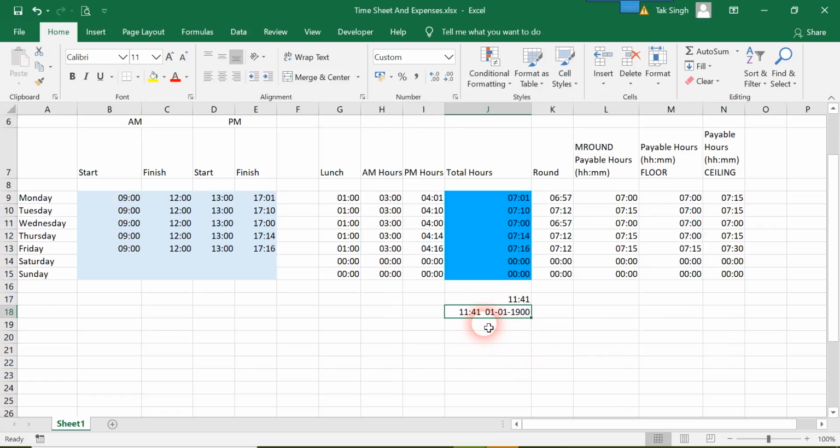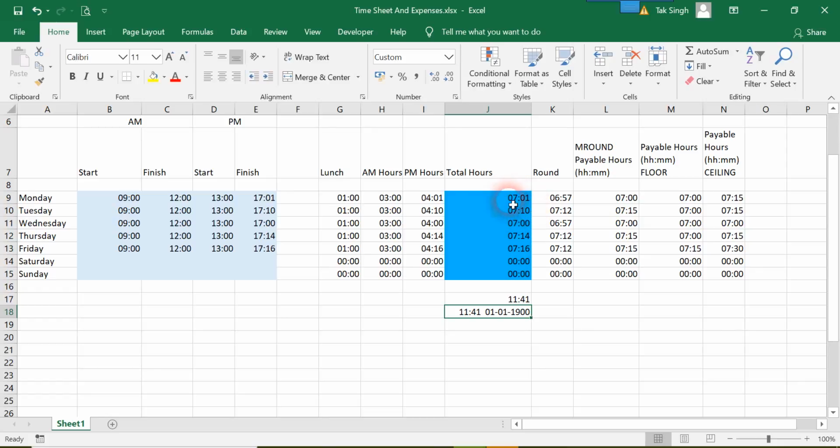Okay, so what it is showing me is 11 hours 41 minutes, 1st January 1900. Now you should remember that when we enter only hours directly or a time format, what Excel assumes, as we remember, is 0th of January. That doesn't exist, but it still assumes that the time is given in 0th January of 1900.